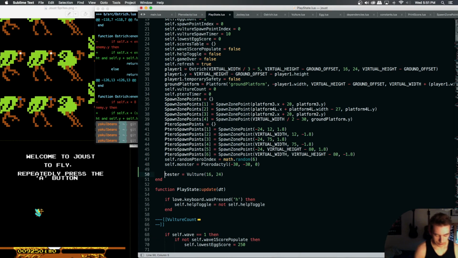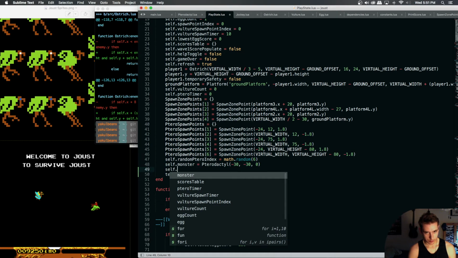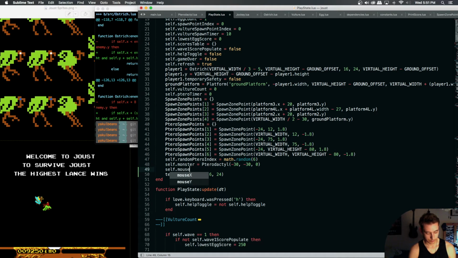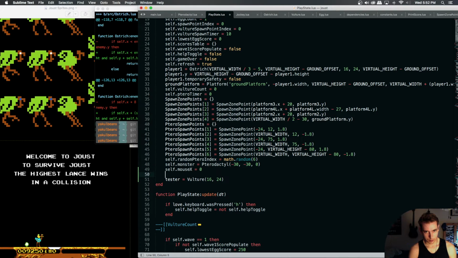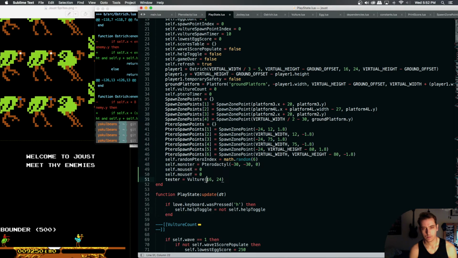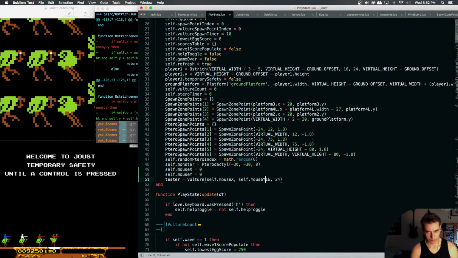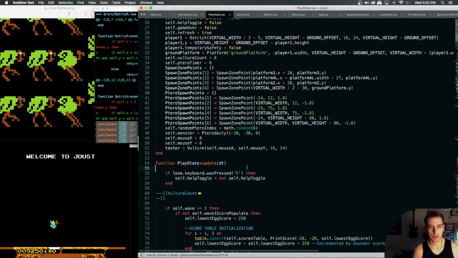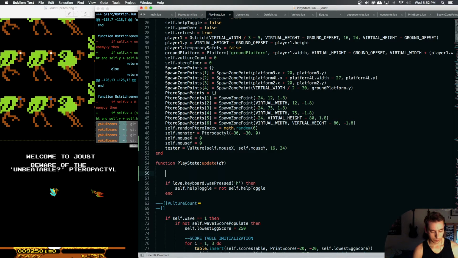Yeah, so the thing is, we need a mouse X and a mouse Y. And we need a vulture instantiation at our mouse X and our mouse Y, and width and height of 16 and 24. And then we need to say in our update,